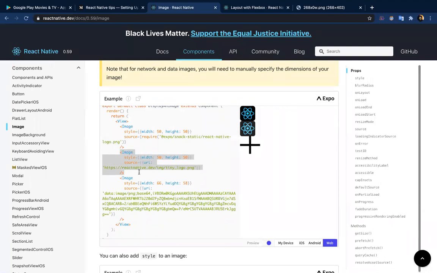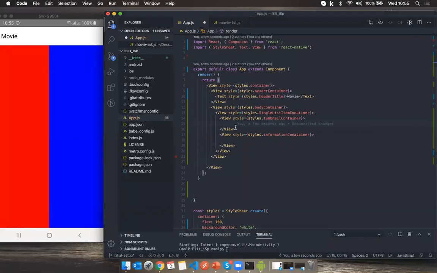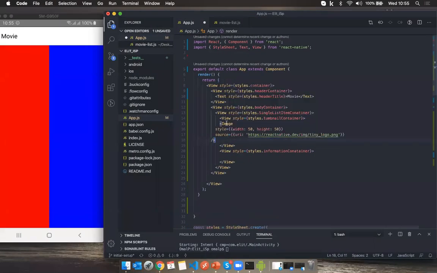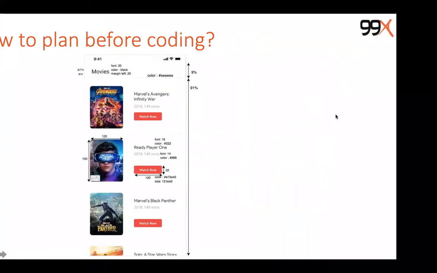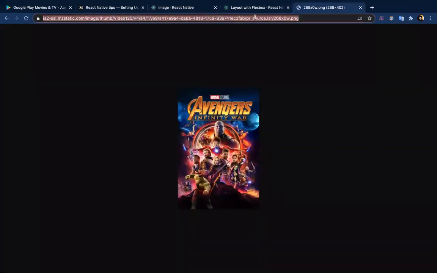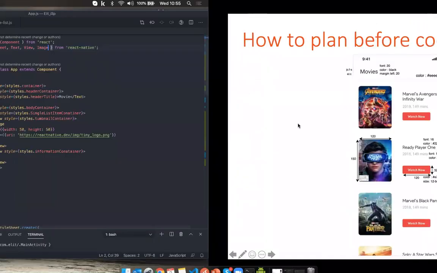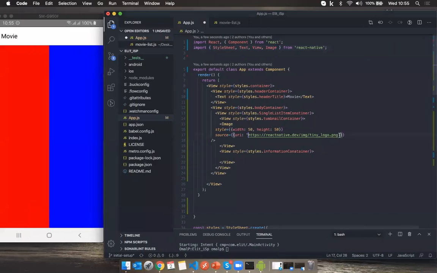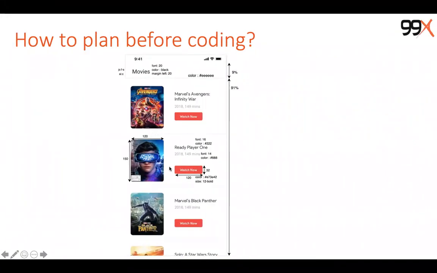Let's copy, paste it, and we have to import this from React Native. And let's go and paste one of these URLs here, and width and height we can get from here. Width is 120, height is 150.